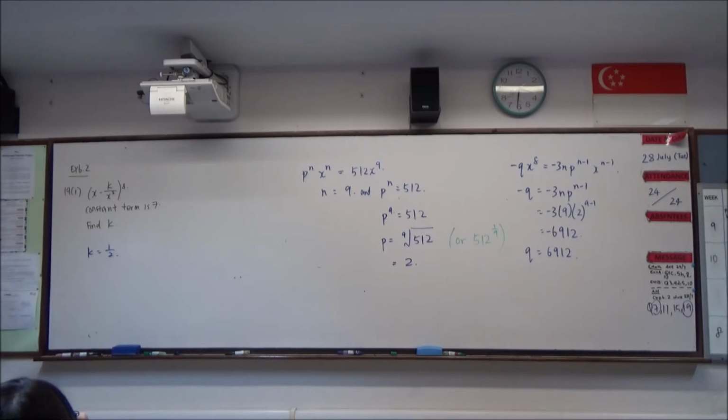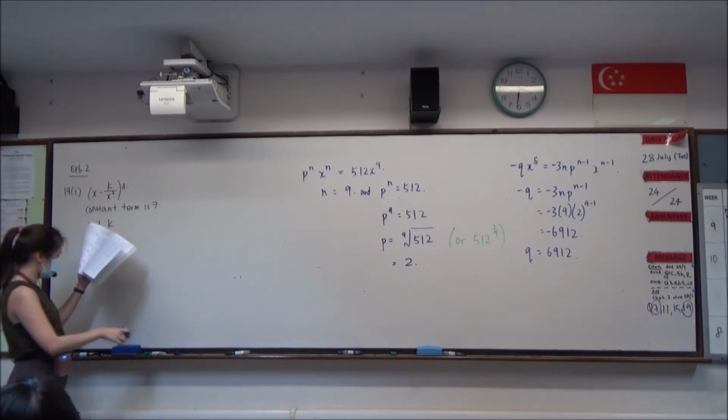In part 1, you should have gotten k equal to half. Then in part 2,